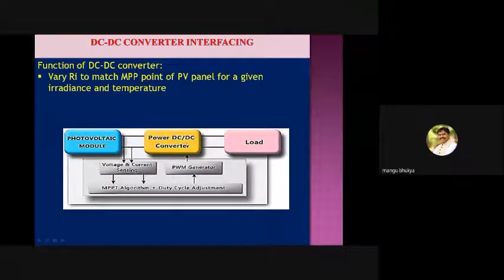The role of the interface circuit is that it won't look at the load alone. Based on this requirement, it will behave such that we can extract the maximum from the PV source. That role is played by the interface circuit, which is nothing but a DC-DC converter. This is an electronic circuit where we use a switch turned on and off. Sometimes we turn on the switch and sometimes we turn it off. If you turn on the switch, the load is connected to the source. If you turn off the switch, the load is disconnected from the source.